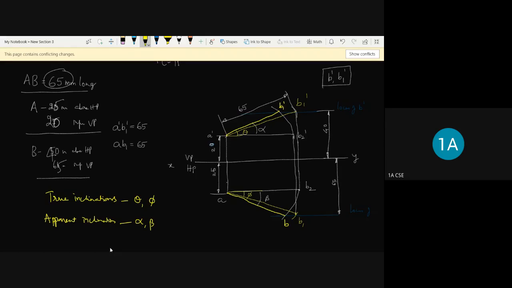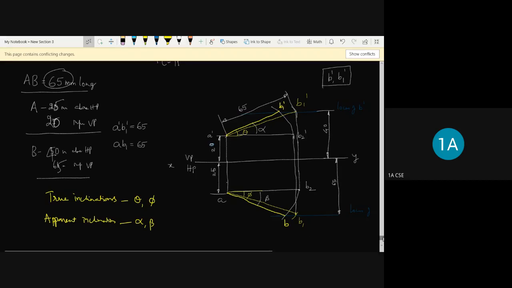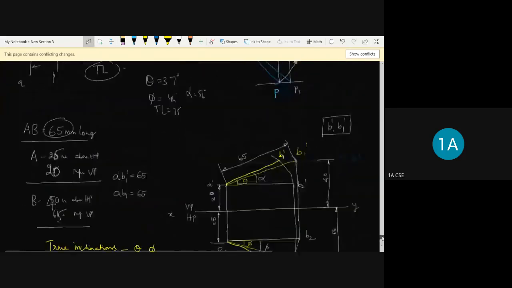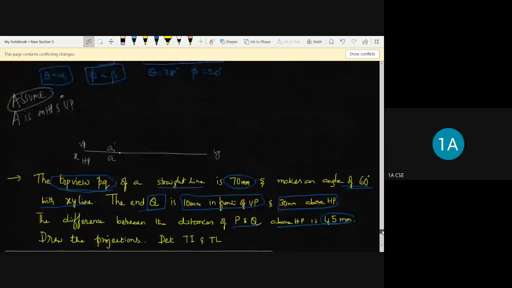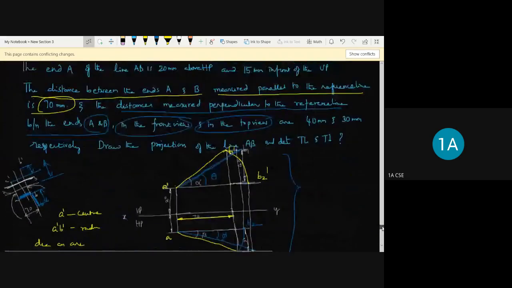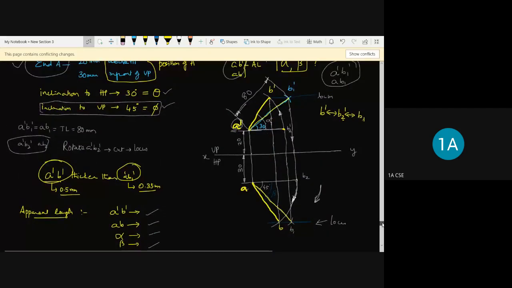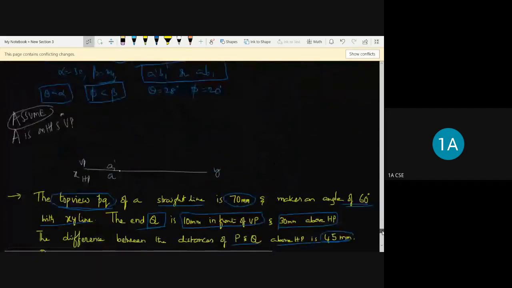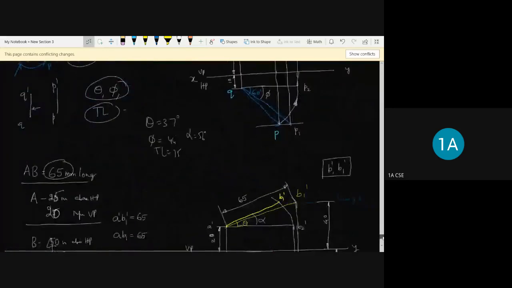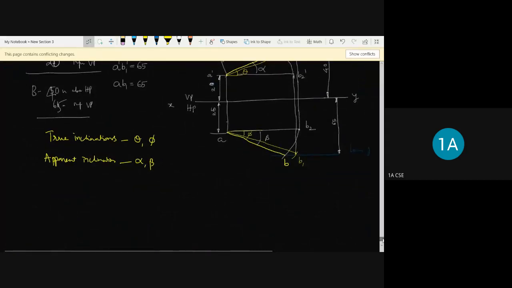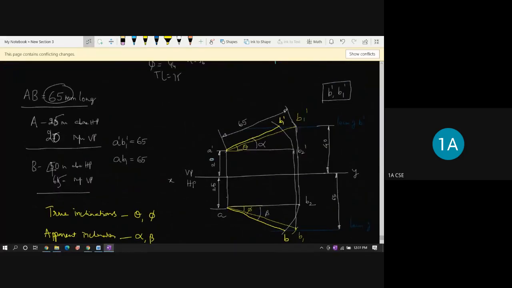See, all the sums which you have solved look similar. This one is similar and this one is too, but the approach is different. Each problem's approach is different. What we have solved till now, each problem has its own approach. So if you look at the final solution of the problem in any book, you will get similar results. But how you are going to solve it, the approach, is very important. What data is given, and how we are going to proceed to solve that problem, in such a way you have to look into it.